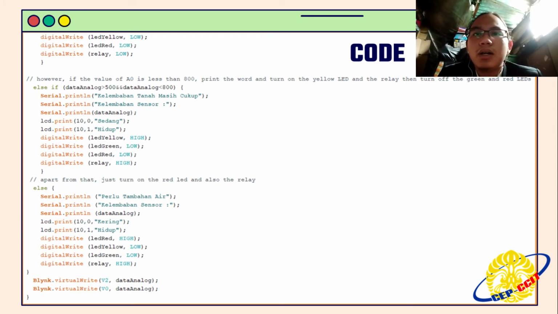Then if the humidity is above 800, then the soil is dry. And then Blynk virtual write V2 and Blynk virtual write V0 will connect to the graphic from Blynk.